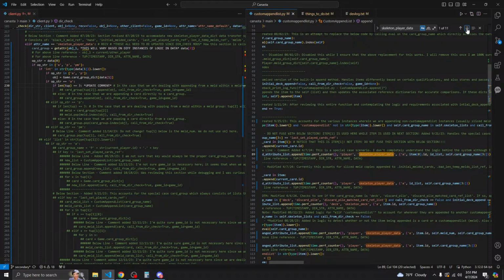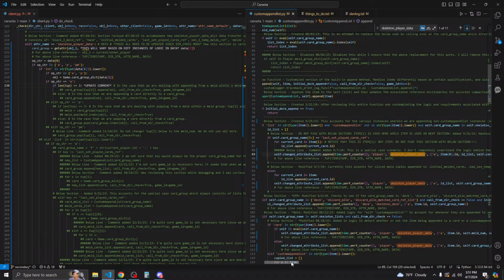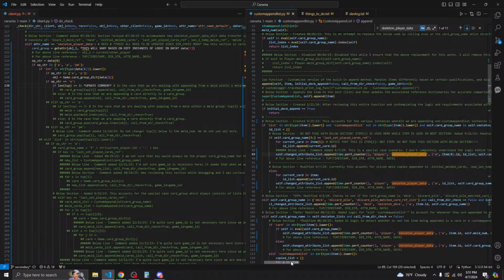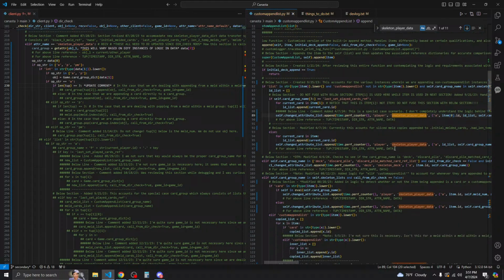Alright, option is A. But if the length of the tup is, this is for, in the case we're dealing with a pending from a meld within a meld group, and that would be not here, okay, so it would be number 2, let's go to number 2 right here.